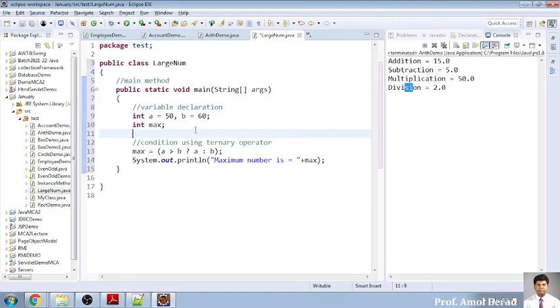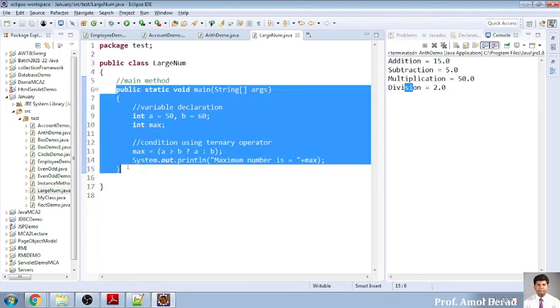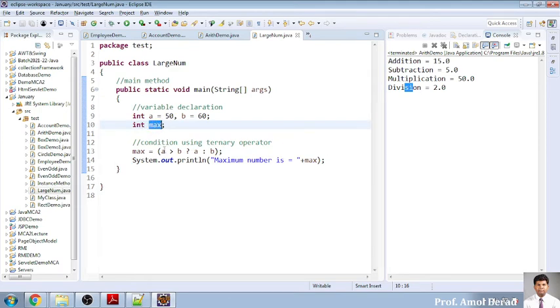So what is this? We have two numbers, 50 and 60. I have directly written them in the main function, and one function is max. Now I am using the ternary operator. What is the definition of the ternary operator? It is very simple. It's a question mark, and then there is a colon. These are the two symbols you have to use. Before the question mark you give the condition, and after the question mark is the true value. What to do after it is true. And after the colon it is the false value.